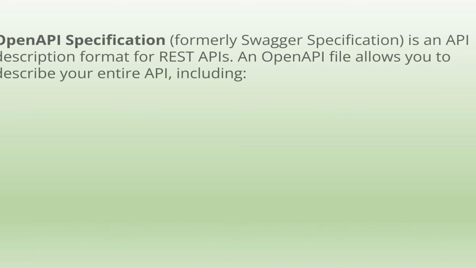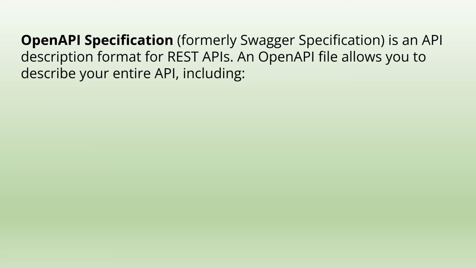What is OpenAPI? So OpenAPI specification is a standard for describing RESTful APIs. It provides a way for developers to define and describe the functionality of an API in a machine readable format. This makes it easier for API consumers to understand the API and to use it in their own